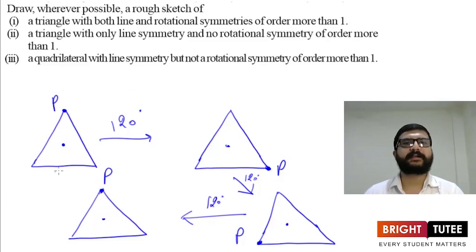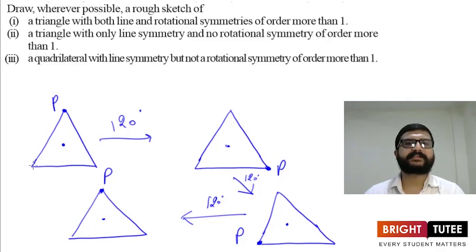So here we have seen the equilateral triangle and it has rotational symmetry of order more than 1, because here the order of symmetry will be 3, as while rotating this equilateral triangle through 360 degrees, we have seen we are obtaining 3 positions where we get exactly the same figure. So here the order of symmetry is 3, or we can say the order of rotational symmetry is 3, and how many lines of symmetry will it have?